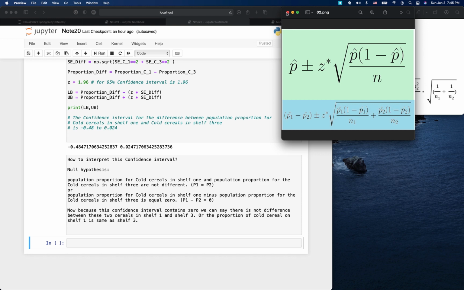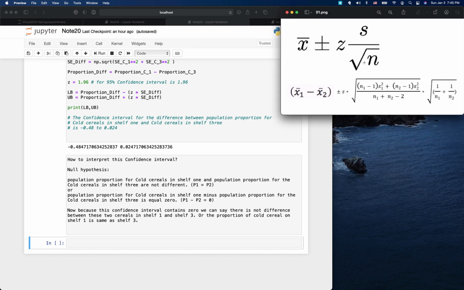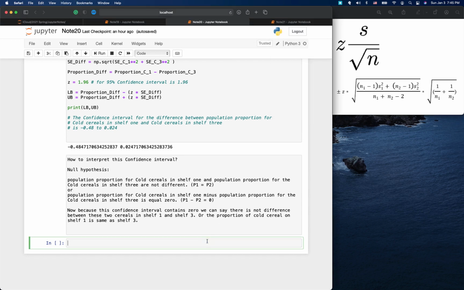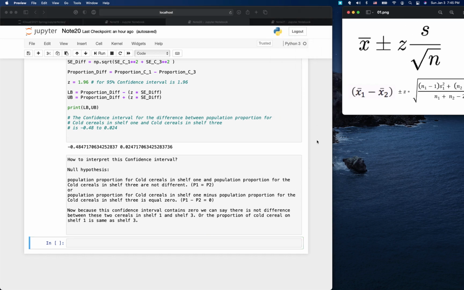We use this. So now we want to find the confidence interval for population mean, mu, and the population mean difference, which means the mean difference between two groups in the population. So what we have here now, we want to find the CI for the mean of population. Okay, so let's